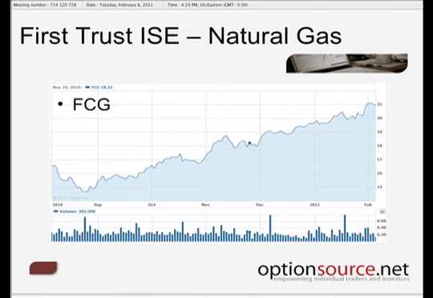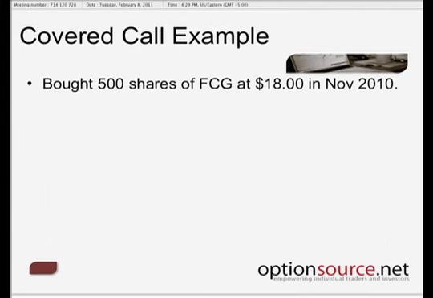But this is the actual ETF of that, and you can see here that this ETF has more or less been rallying up from about $15 to $21. Now, I wanted to illustrate an example. Let's just say where that little dot is in the middle of the graph out in November, it was trading around $18. And let's just say you purchased this ETF at $18 back then.